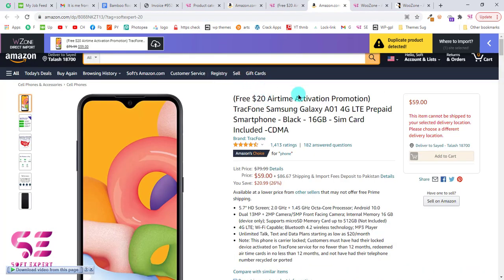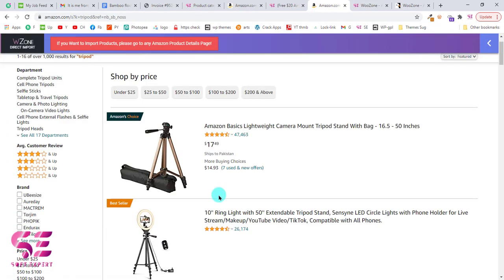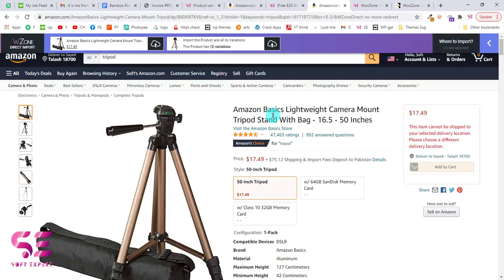So before starting, let me show you how this plugin works. So for example, I search for another product here. I want to import this product, so I'll click this, and for the import you will see this bar. That is because of the plugin and extension that I'm using. If this product has a variation, then we can import all of the variations from this, and if I want, I can import a single variation by clicking this button.